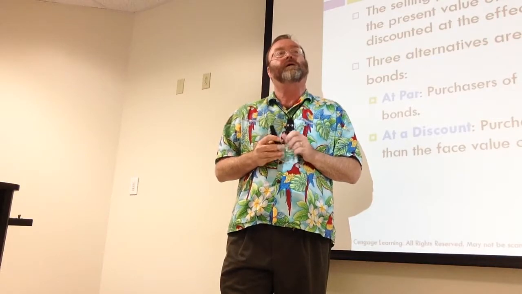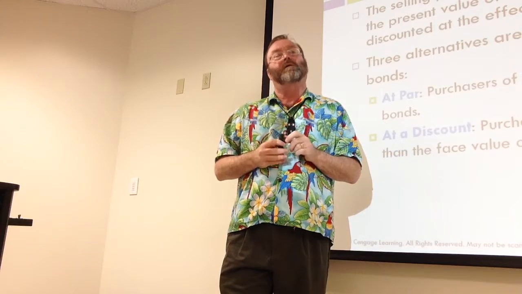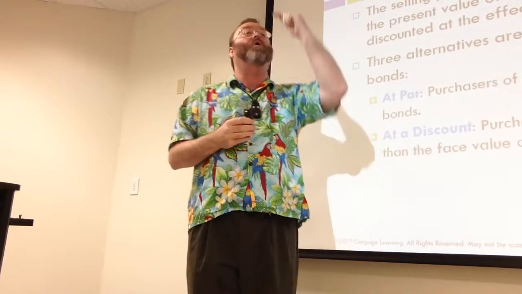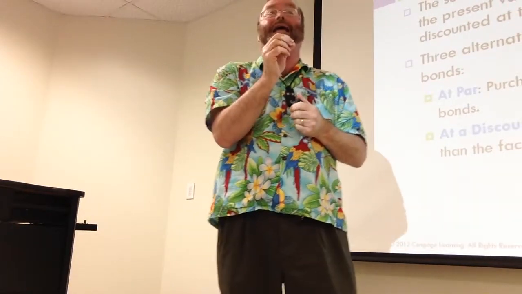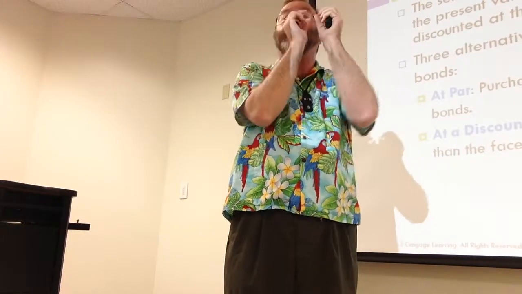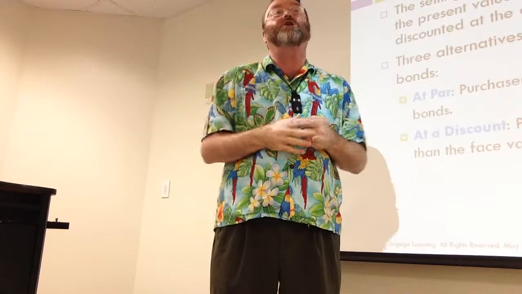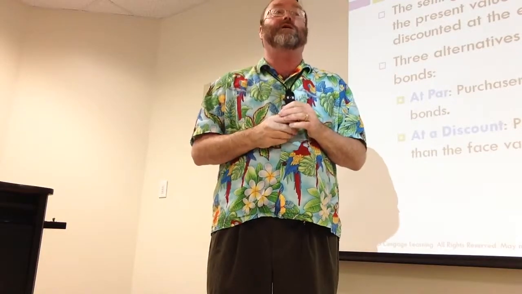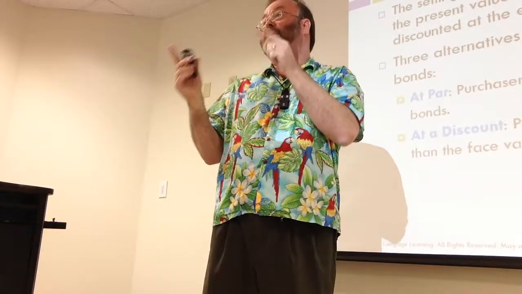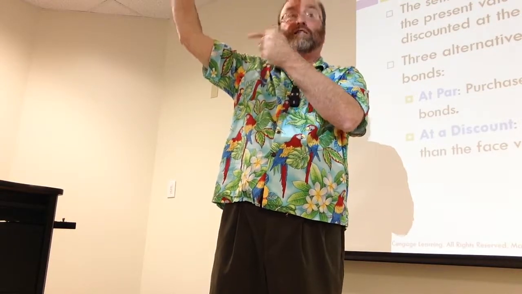So, if the interest rate is lower than what it should be, wouldn't it be selling at a higher price? No, if the market wants more than what you're paying. So you're only paying them 8%, but they want 9%. So they'll make up the difference by giving you less than the face rate because they're penalizing you because you're not giving them the $95,000 a year that they want. You're only giving them $80,000 a year. Okay? Does that make sense? So if the market rate is higher than the face rate, it sells at a discount.